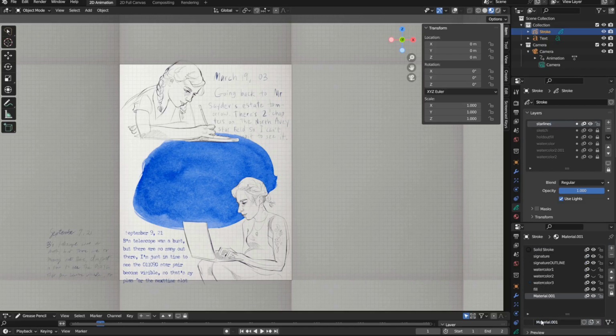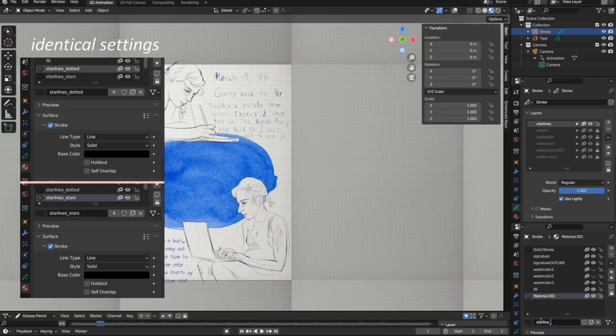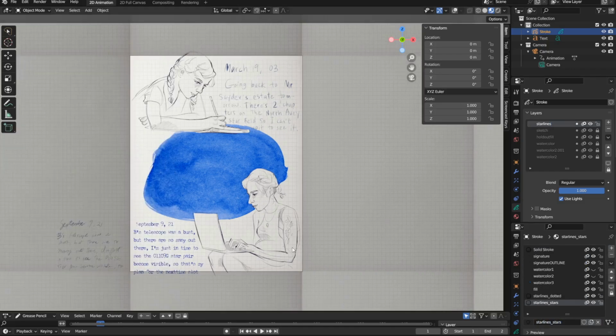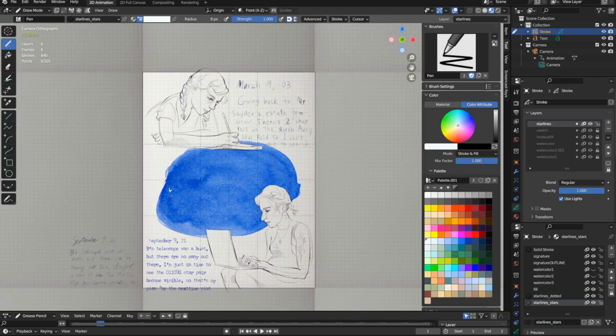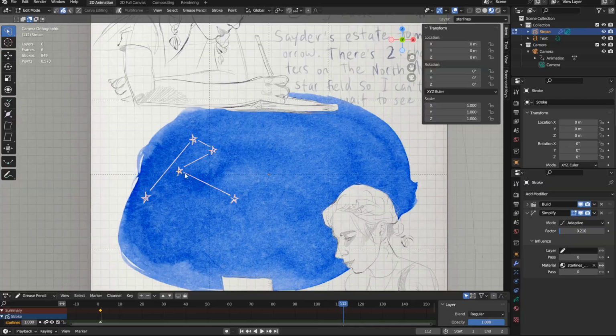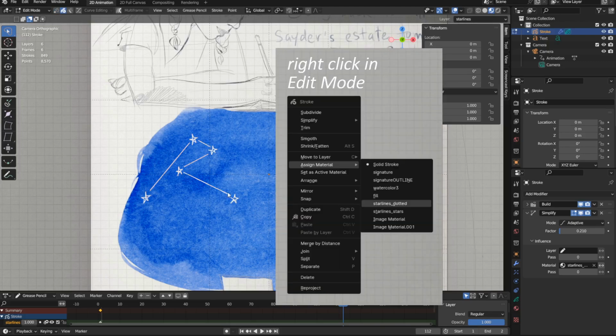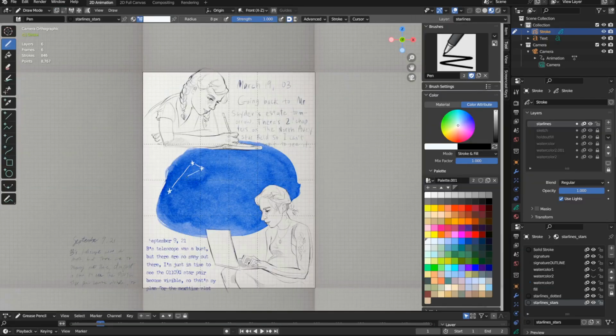What I did is I created two grease pencil materials, one for the lines and one for the stars. The idea is to draw the lines and stars with the correct material. I can switch between the materials in draw mode with the shortcut U, though I may have already forgotten to do this. In which case I can also assign materials by selecting strokes in edit mode, and then assigning materials. You can assign materials here in the right click menu, but I definitely made sure to draw them in the right order as I want them to appear in. So line, then star, then line, then star, etc.